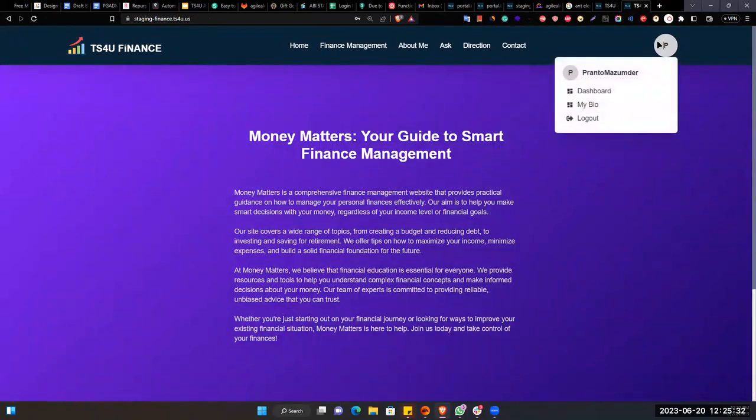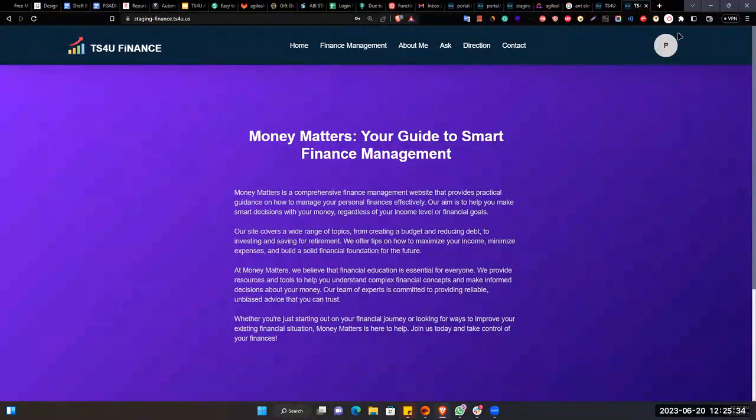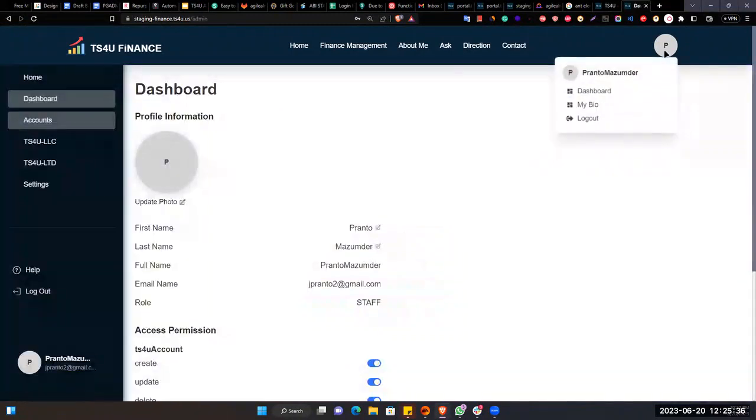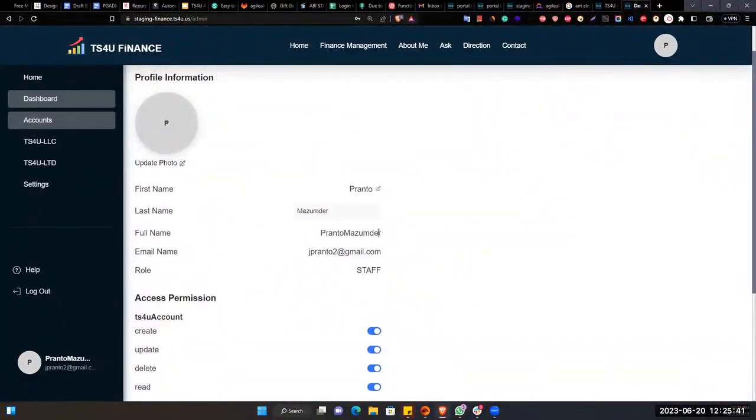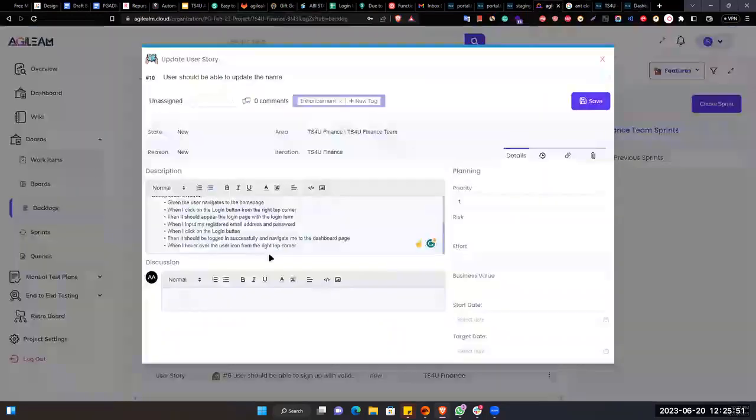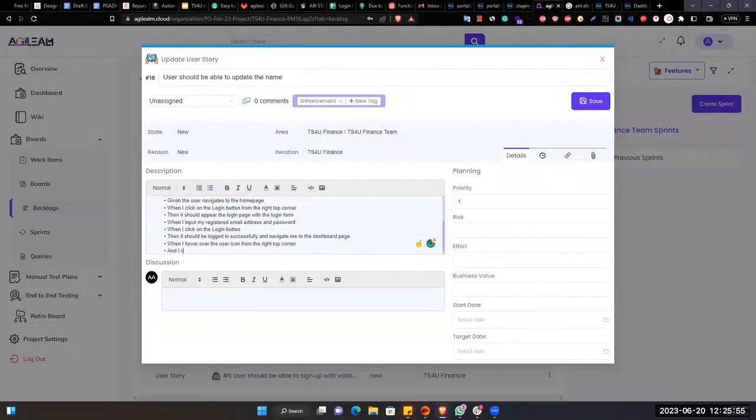So if I hover here, then I will click on the my bio. Right now it does not. Oh, it is actually here. Yeah, we can do this, right? So what we can do, we can hover over the user icon at the right top corner, and I click on the my bio option,